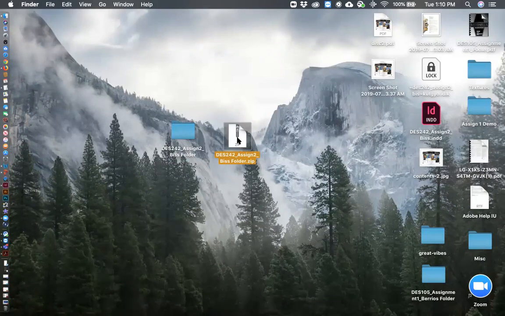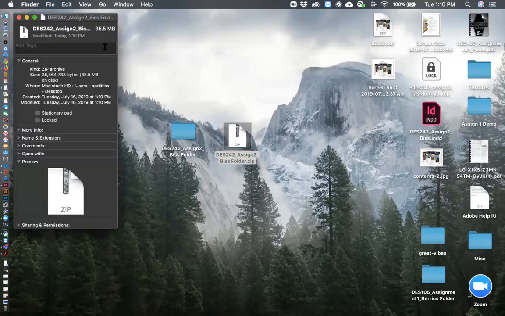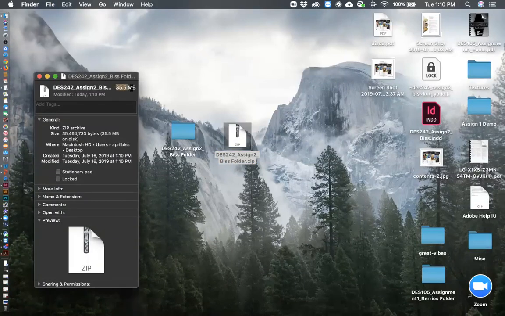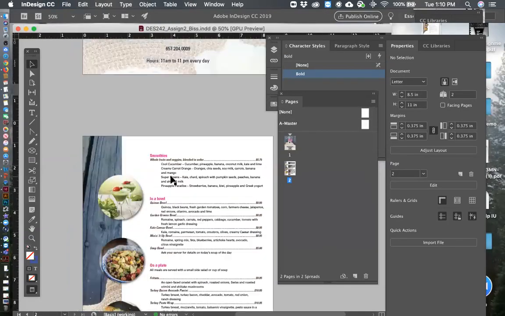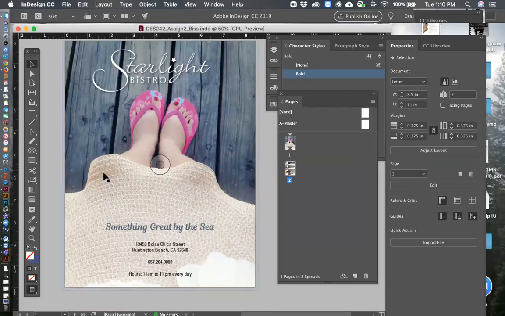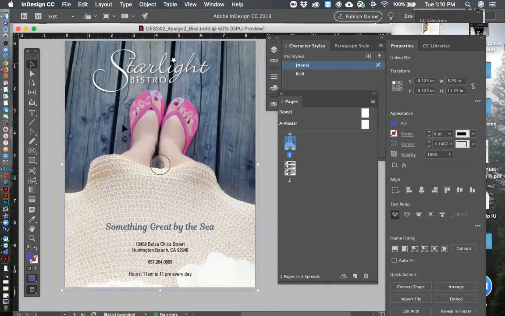So select your zip folder and do a Command I. This is probably why a lot of you guys are having issues with submitting it onto Canvas, because this is a pretty big file, 35.5 megabytes. The reason is because this image in here, and these images, are high-res images.